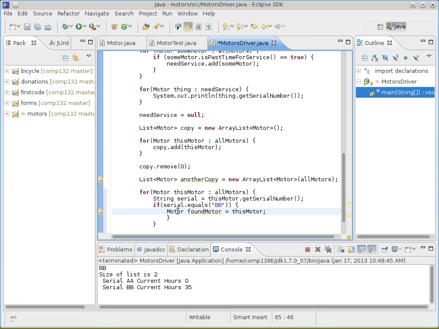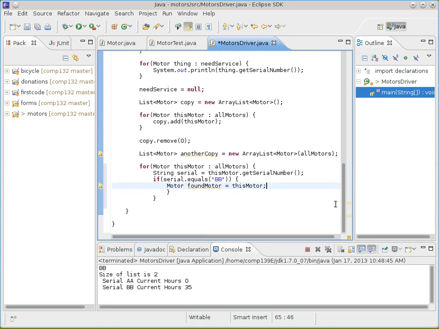So there's a variable that will remember an existing motor. Notice there's no new there because I'm not making a new thing. I'm recording the phone number of the thing that's already there. Put it into a variable. Is that going to work or not? There's a couple of problems. First problem,